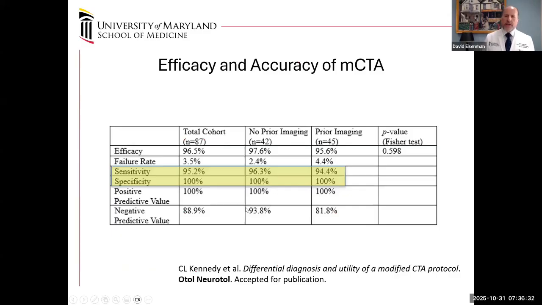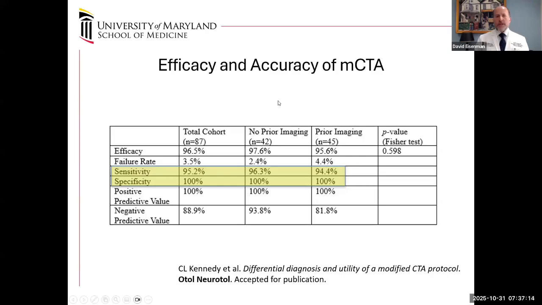We have looked at this. The way we studied it was we looked at a group of about 87 patients who came. Half of them had previously been imaged and it didn't show a cause, and half of them had no prior imaging. They were all imaged with our protocol, and the sensitivity, specificity, PPV, NPV of the study was the same, very high, and it was the same in both groups, implying that there was nothing that was being picked off earlier by that prior imaging that the patients had had. So this seems to be a very good, highly sensitive, very highly specific study for at least initial evaluation of